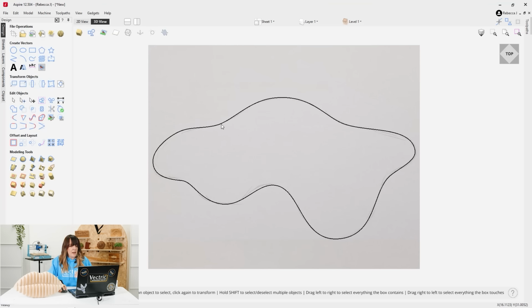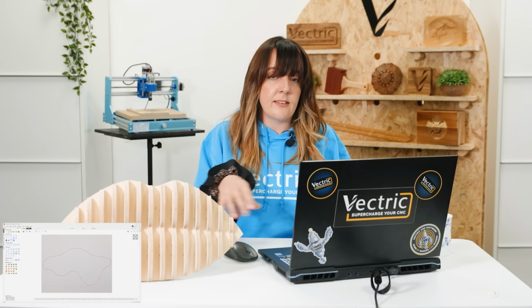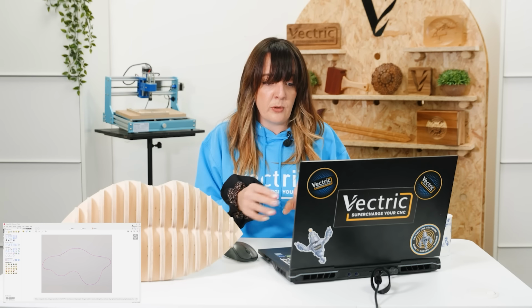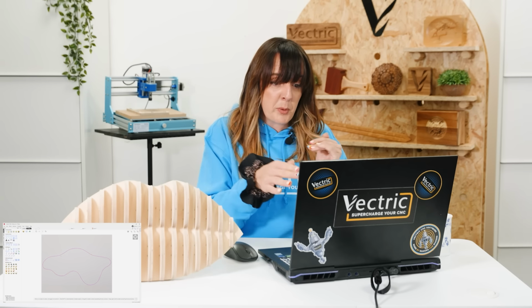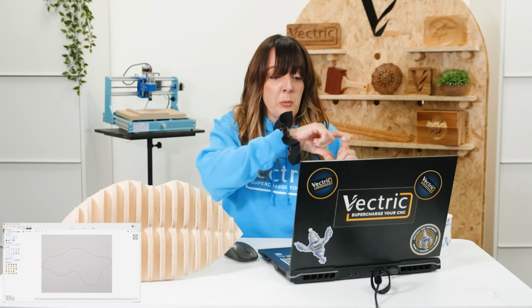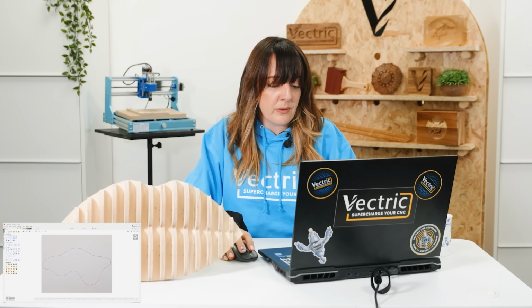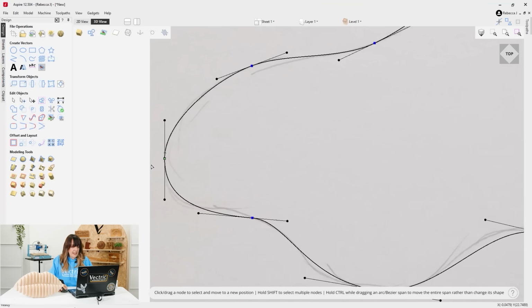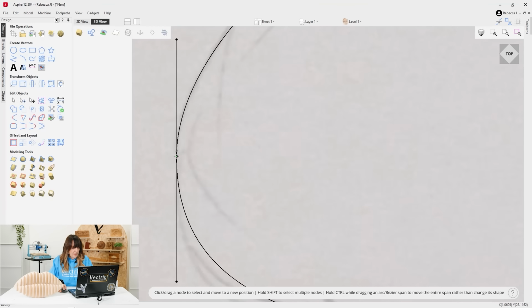And what we're going to do now is look at using this with the 2-rail sweep tool. So what I need to do is separate this vector into 2 different rails, and that will enable me to then apply some cross sections that I'll draw in a moment, and we can sweep them along those rails. So we're going to go back into Node Edit here,